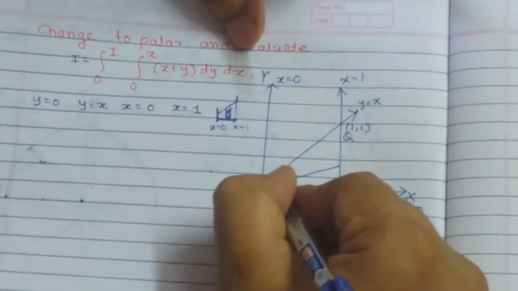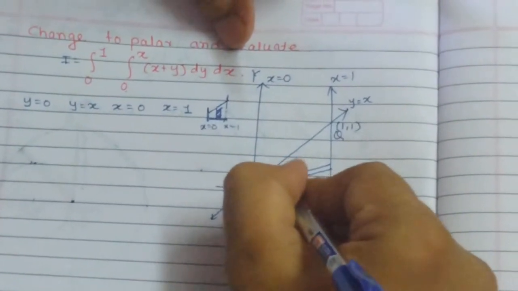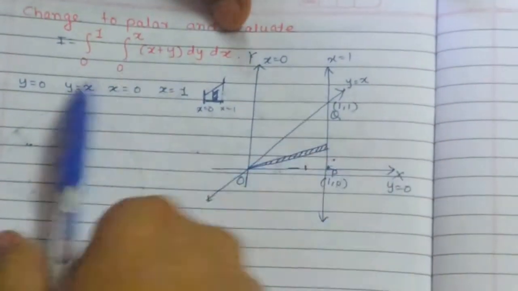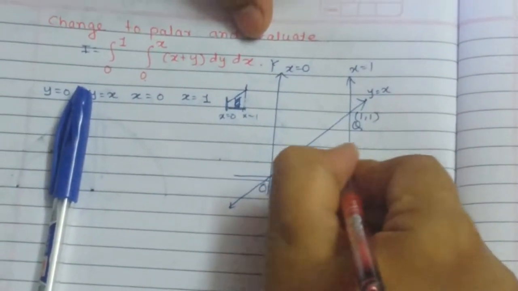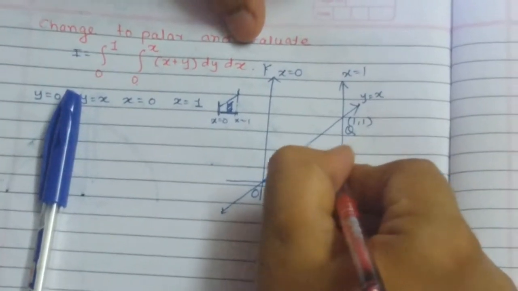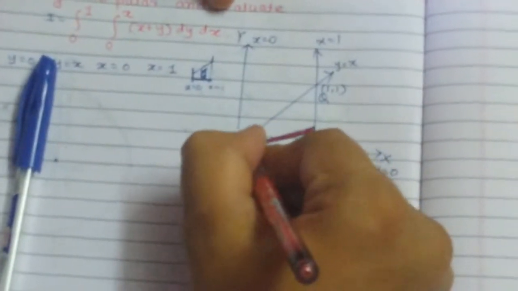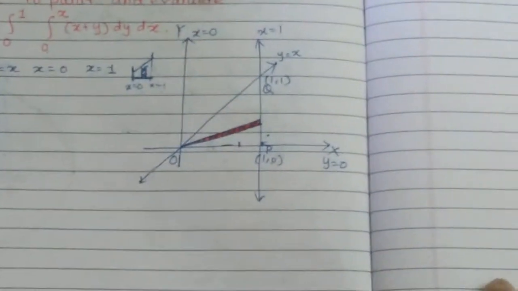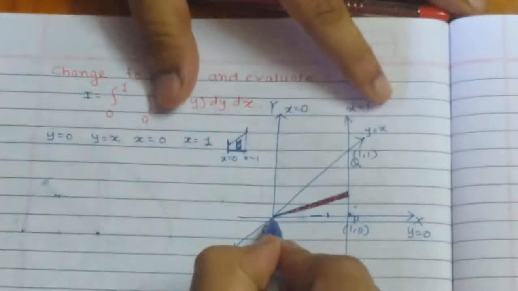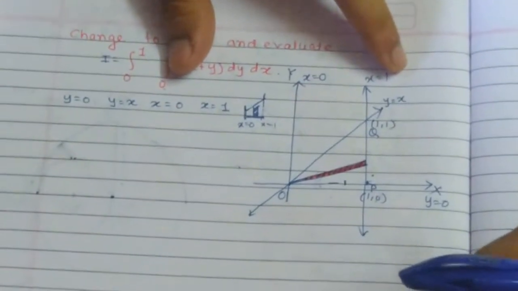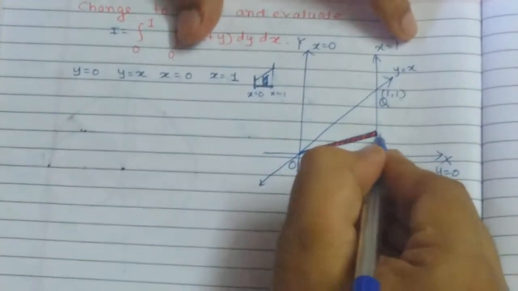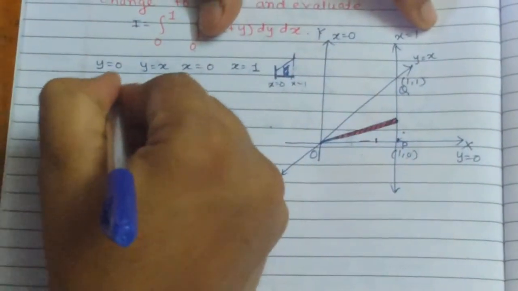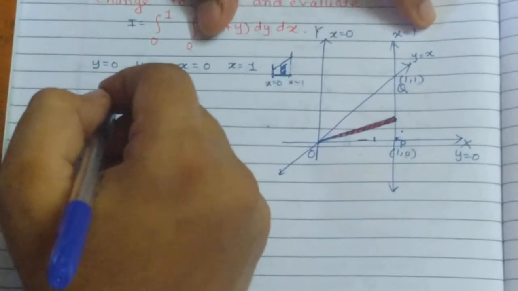Let's consider a radial strip in this region. You can observe that for this example our radial strip lies completely inside the region. Its lower end is at the origin, so we directly get the lower limit for the inner integral: r equal to 0. The only thing left is to derive the upper end limit. So what is its graph? The graph is x is equal to 1.